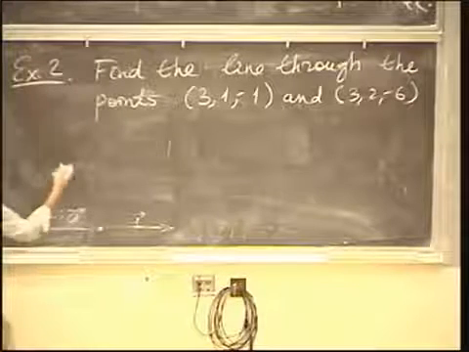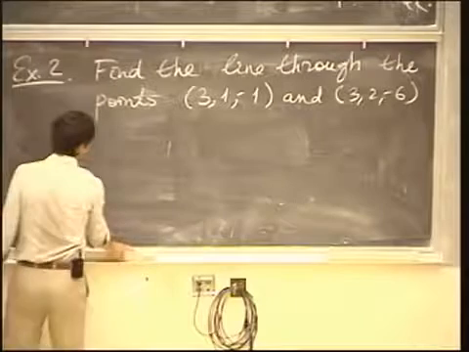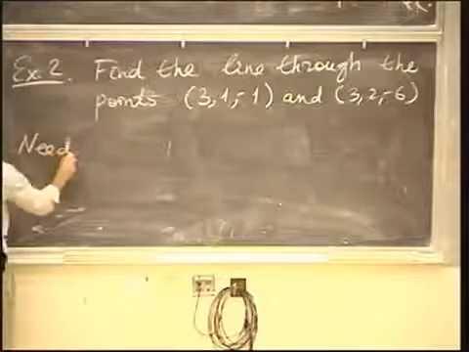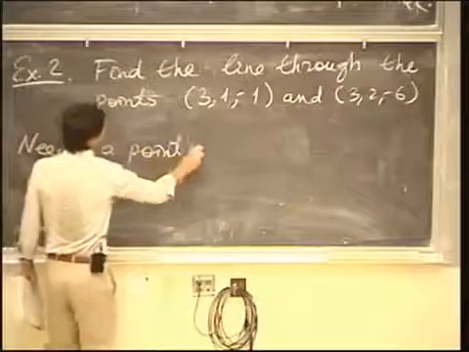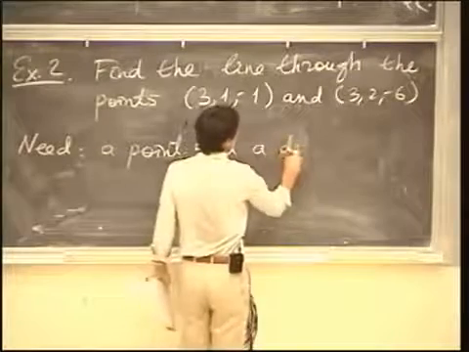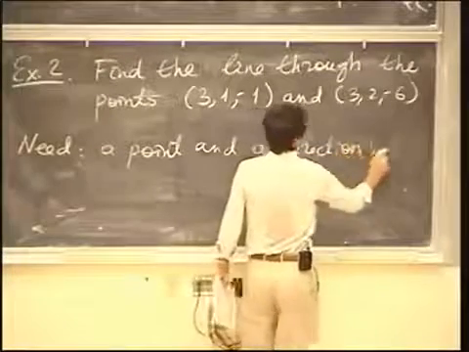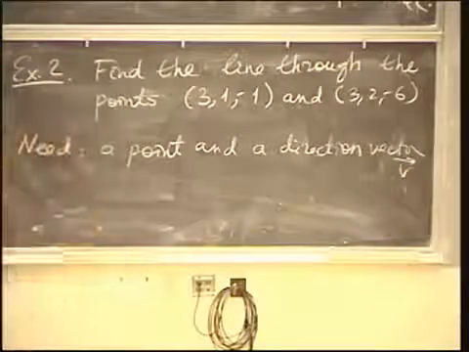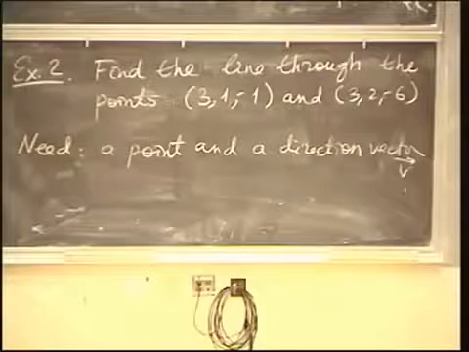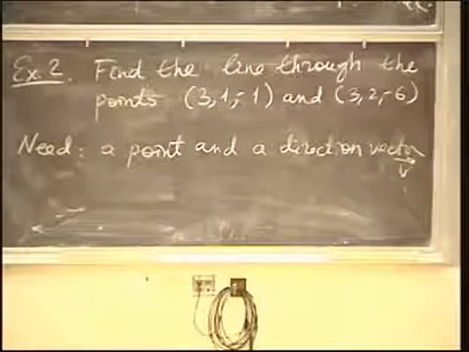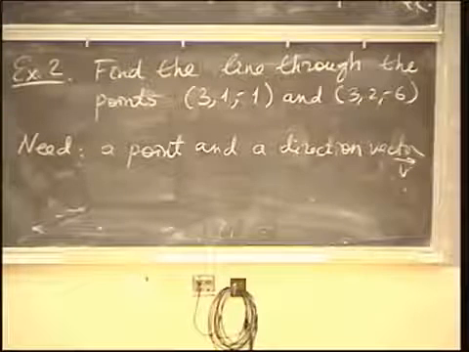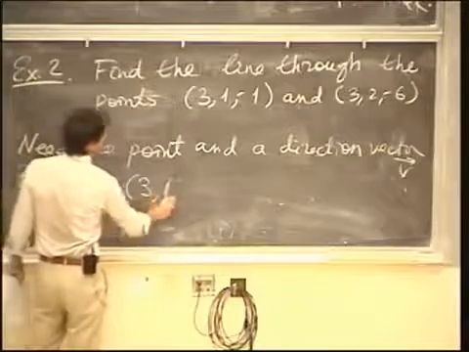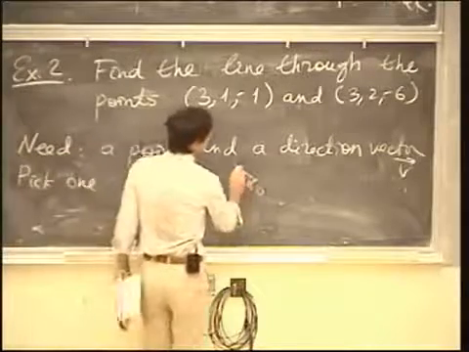But we would like to convert this information into the information that we need for this parametric representation. And so we need to know a point and the direction vector. So the point will be represented by this position vector r0, and the direction vector will be our v. In this case, we actually have 2 points. So you can choose either one. It's your choice. So pick one. Let's say the first one, (3, 1, negative 1). So your r0 is,